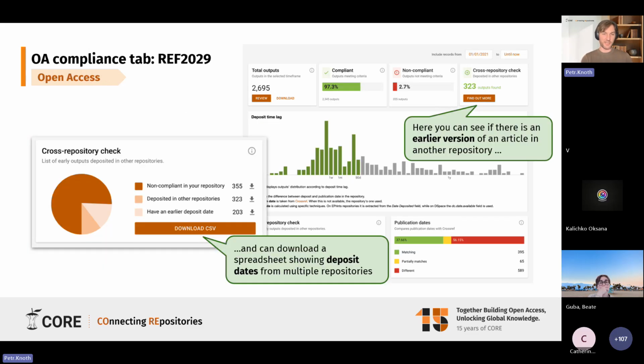This is how the tab looks. It effectively shows the outputs which are available within a particular period of time, and then basically what it does is that it is